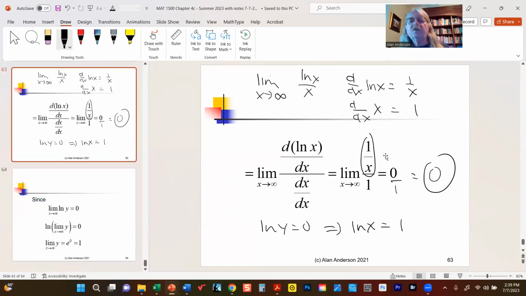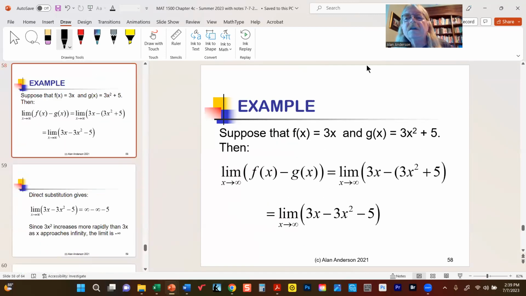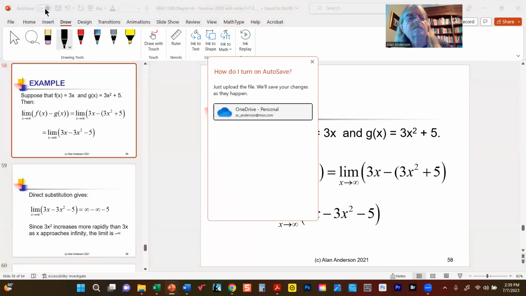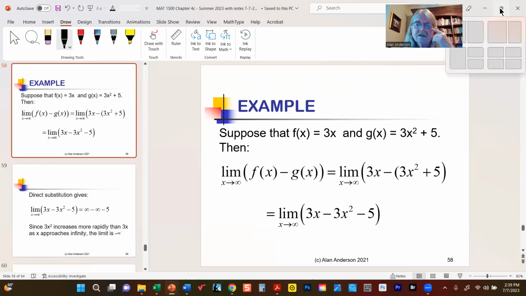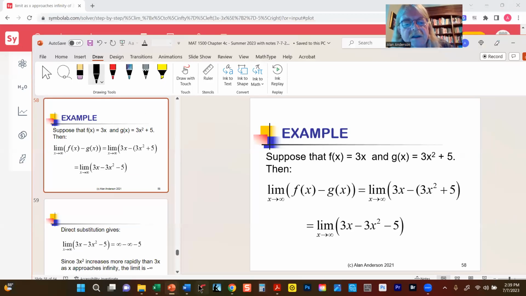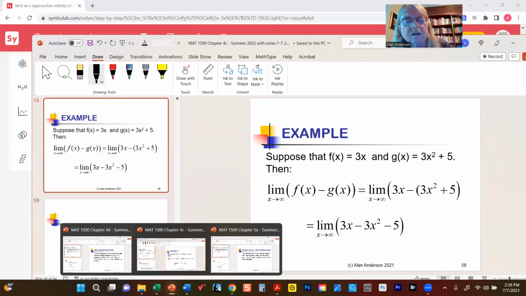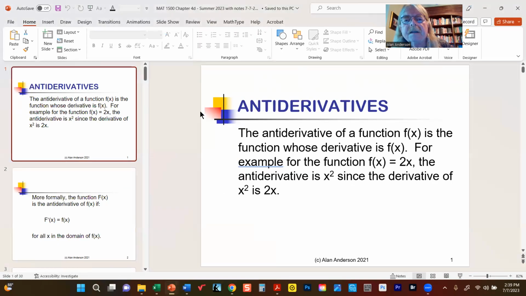All right. Now there's others too, but we're just going to focus on these. So that is our discussion about L'Hopital's rule. So as soon as this thing is saved, I don't want to lose it. We're going to look at D. Now we're going to try start something completely different here. So we know that, let's say, for example,